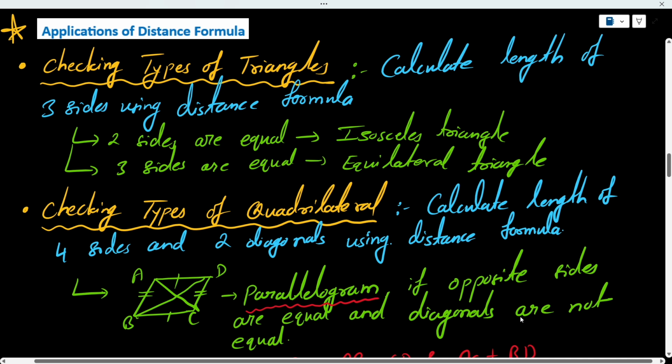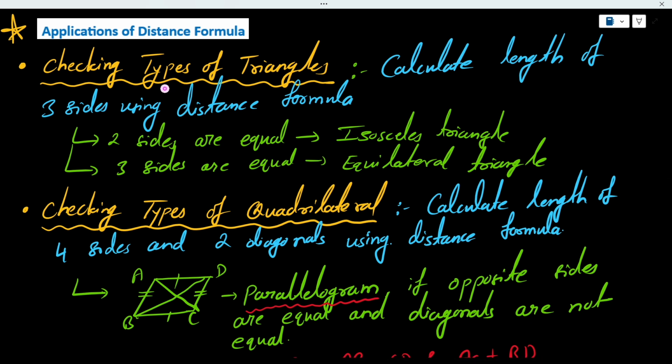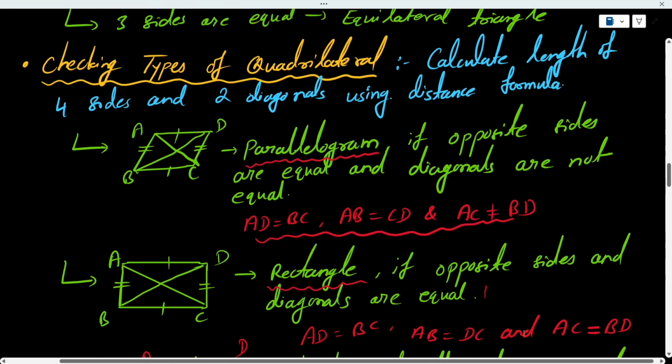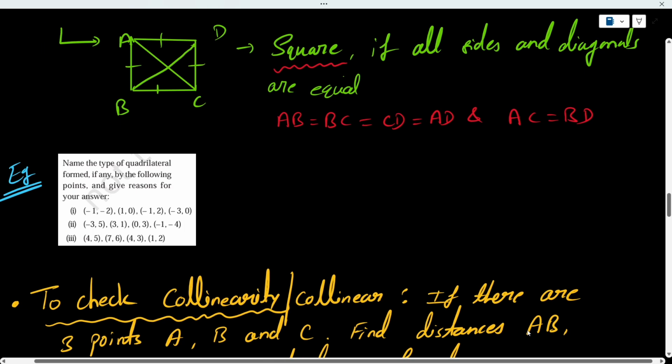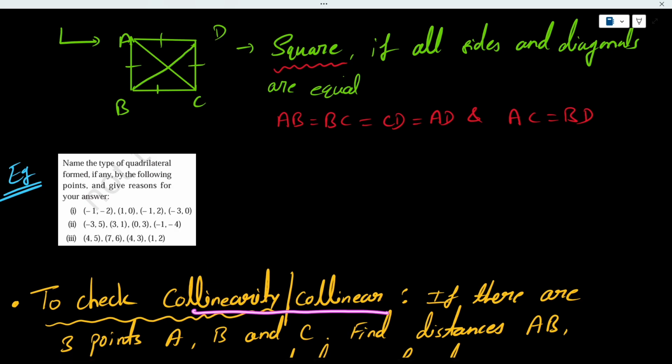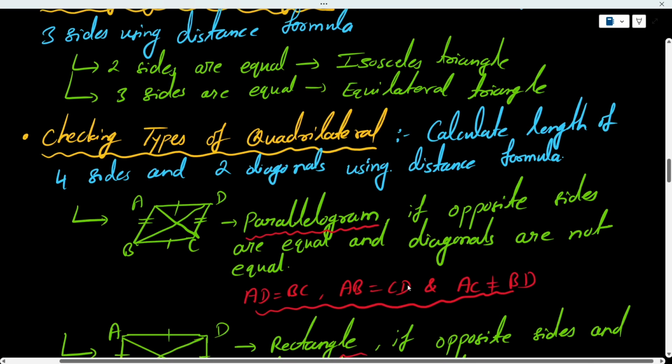What are the places where you use the distance formula? First, you check which type of triangle, then which type of quadrilateral it is, and the third place you use this is nothing but to check whether the points are collinear or not. So how to check? First,